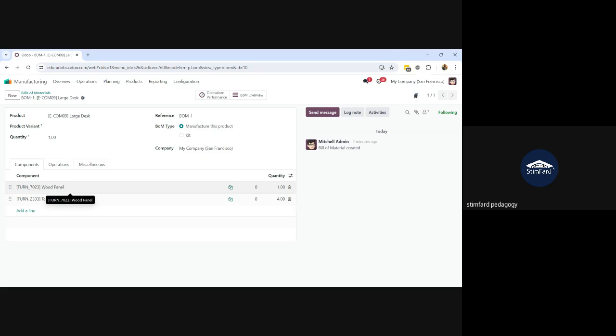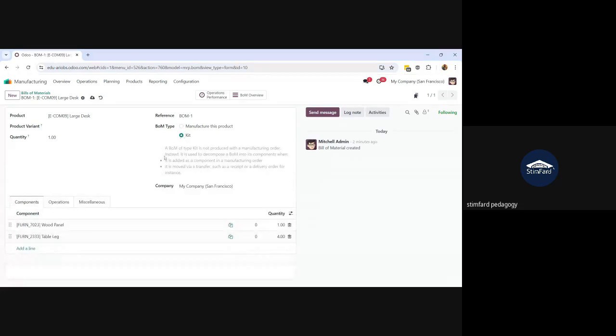If you hit the kit option here, you can also see the description that is mentioned here. It means you cannot manufacture this product with these components, but whenever a customer needs this product, you need to get these components to serve them as this product. If I give you a simple practical example, like when you get the order for